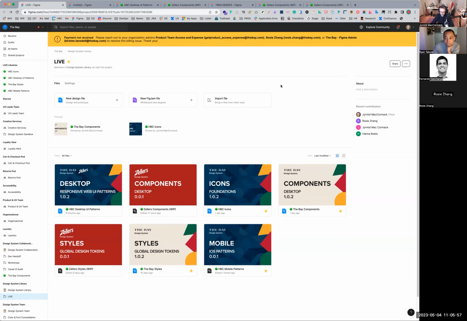As you all know, I'm Jermid, Design System Lead, and I'm going to start today by looking at the libraries, the structure of the design system. Questions like why you have view access only, and there's editing access for the design system team, using the assets panel, loading libraries, loading styles, and we'll have a look at the multi-tiered systems, combining Zellers and the Bay together